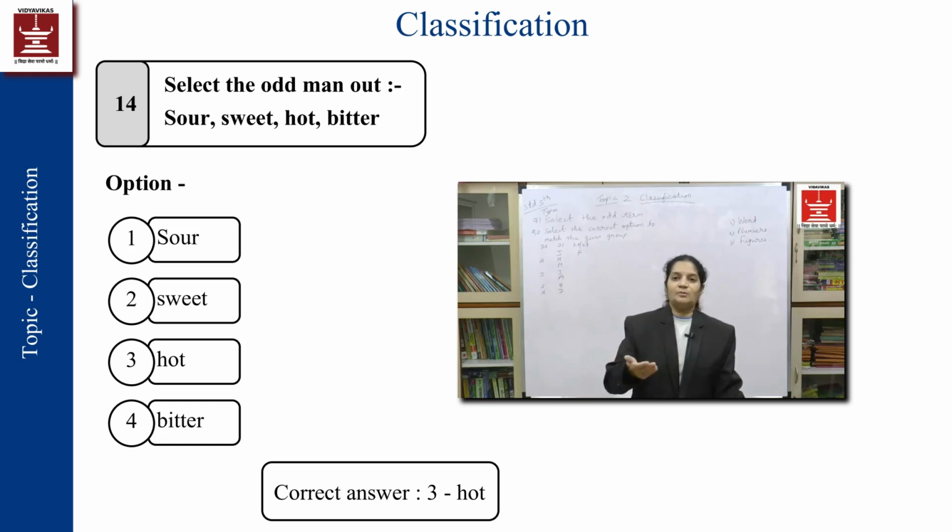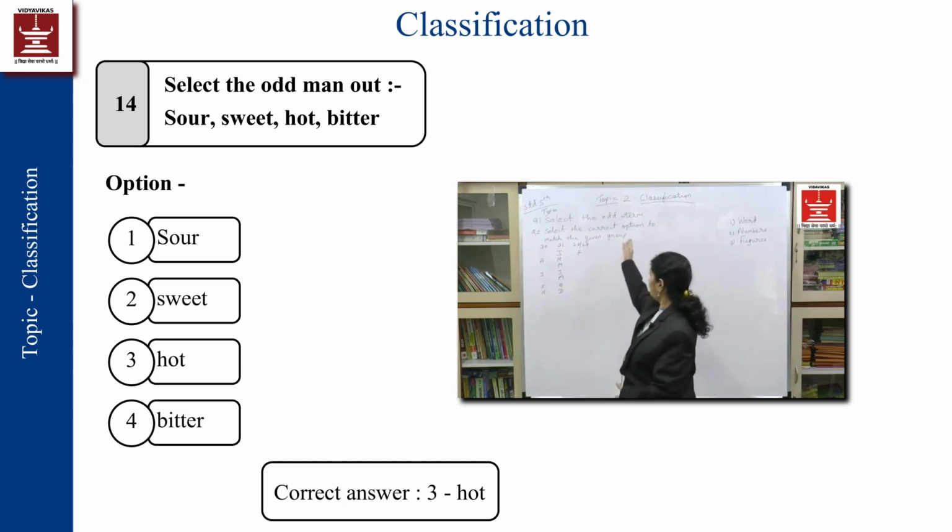Maybe you'll have one more organ like head. It's again an external organ. And you'll have lungs in it. So this doesn't match the group. So questions are based on different criteria. The criterion is what you need to identify.